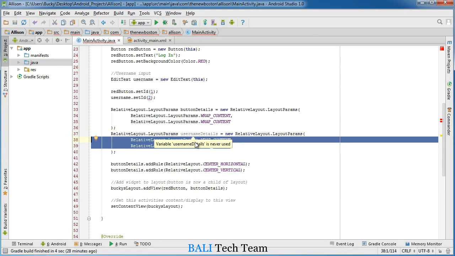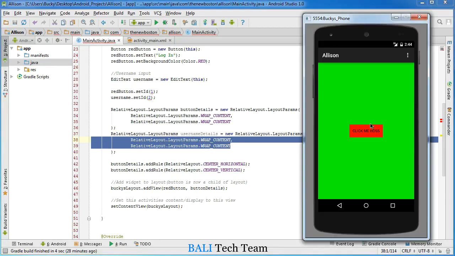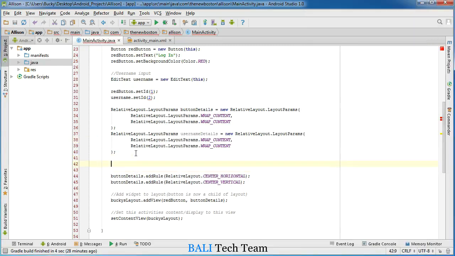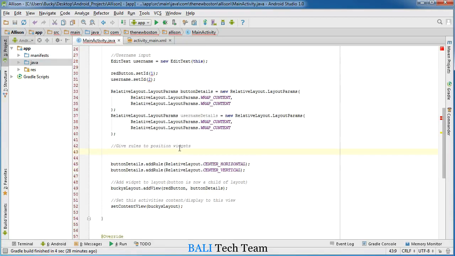So now what I want to do is take that container, which is pretty much the input, and position it right above this button. So how do we do that? Well, above these button details, let me add some rules to position widgets. Alright, so the first thing we need to do is